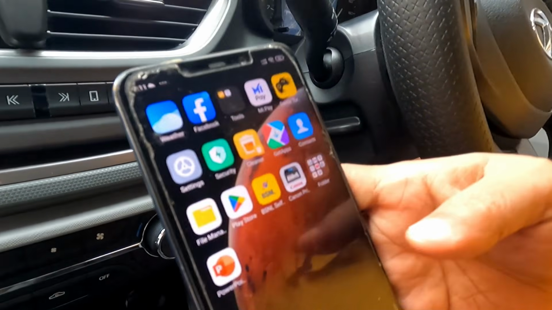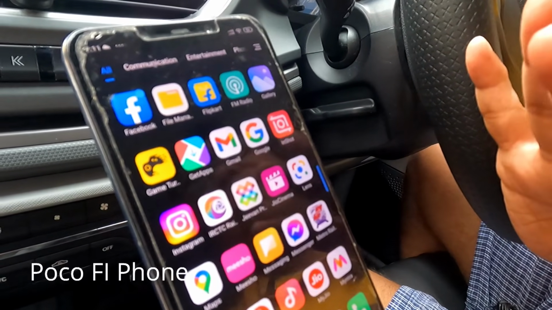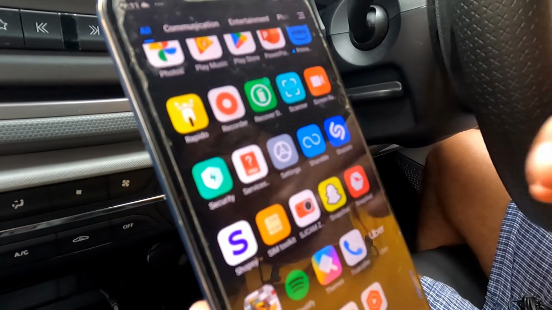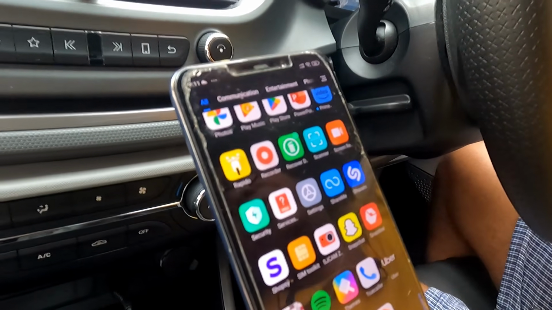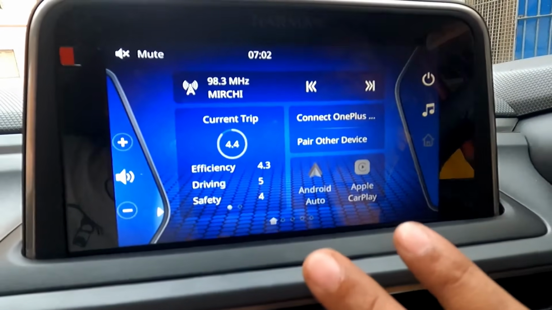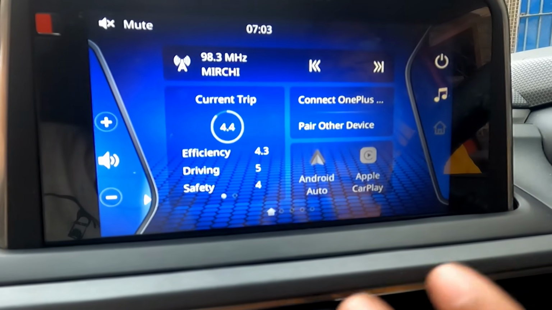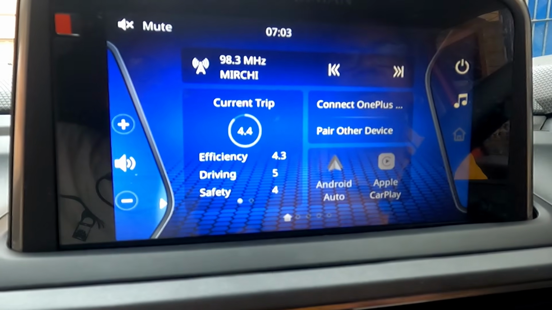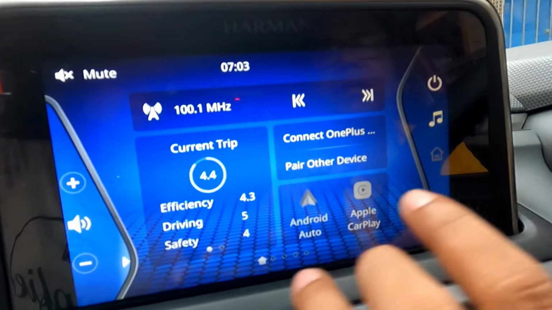For this I have brought an old phone so that it will be easier for you to understand. Now before going to Android Auto in the phone setups, I will tell you one thing that you should do to your head unit after there is a firmware update or anything like that. You are having good connectivity, but after a firmware update you find that your phone is not getting connected to your Android Auto. In that particular step there is an option to go to factory default.